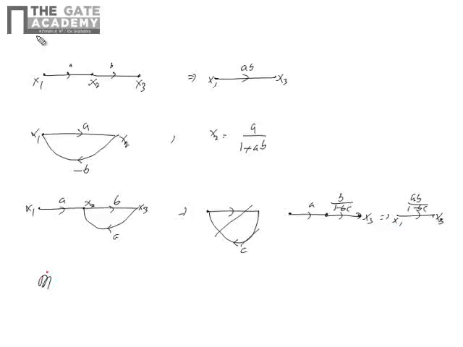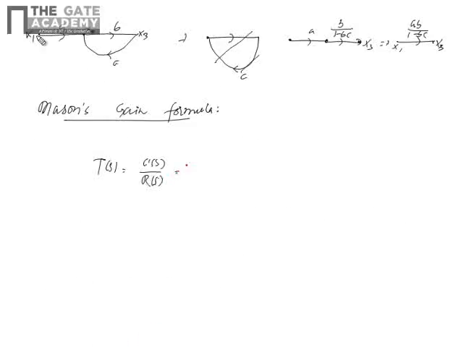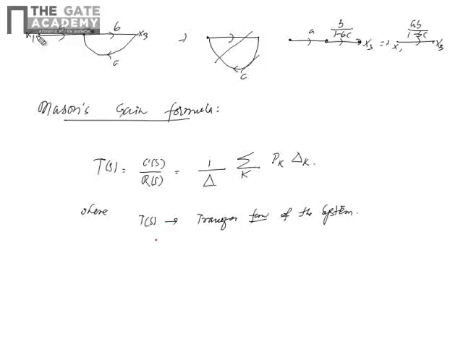Mason's gain formula: Ts equal to Cs by Rs, that equals 1 by delta sigma k pk delta k, where Ts is the transfer function of the system and pk is the forward path gain of the kth forward path,